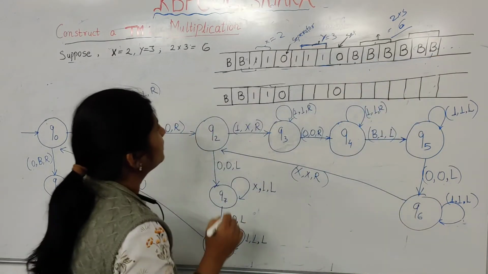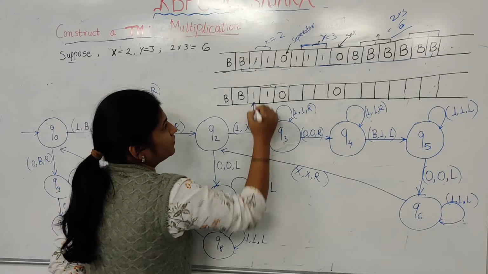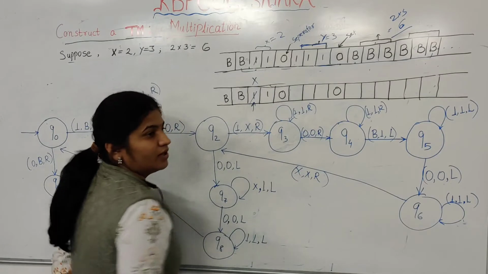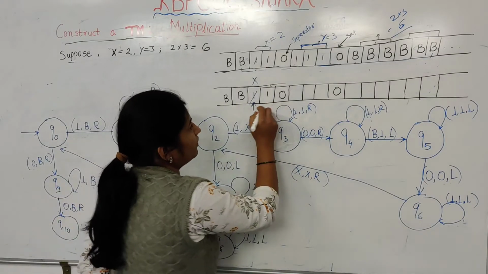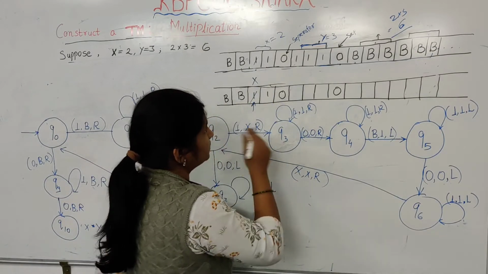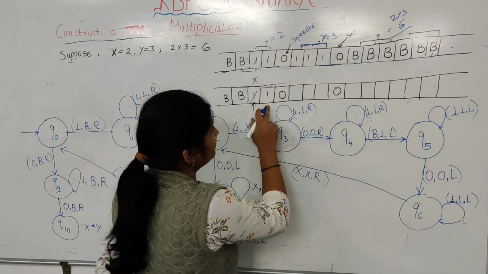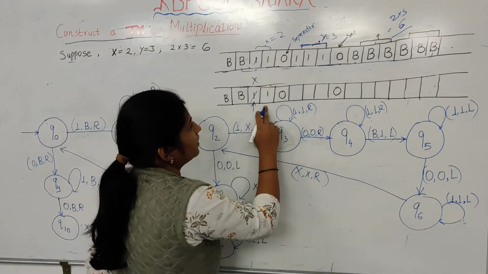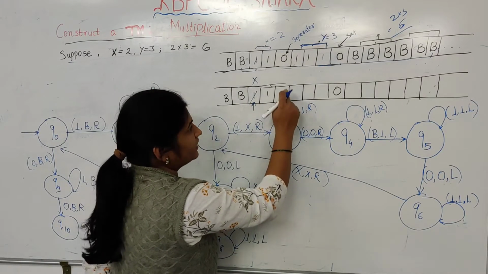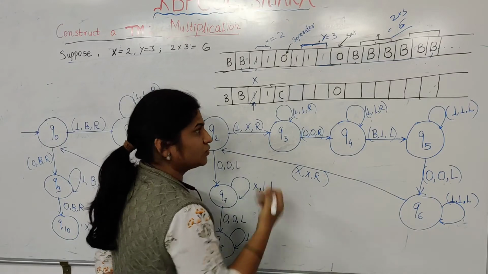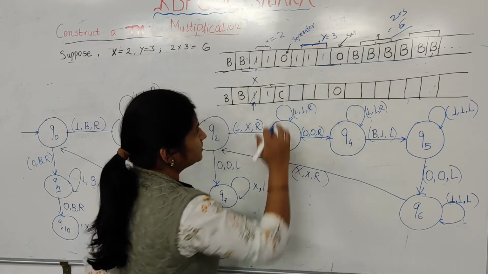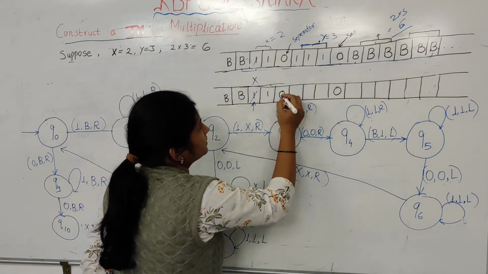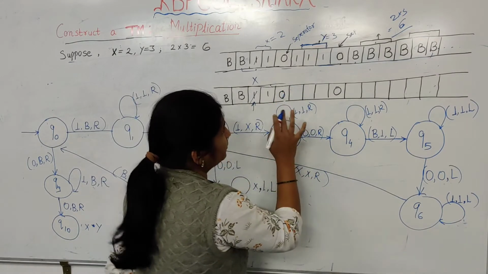How to do this? When we encounter the first 1, we convert this 1 into x. After this, whatever number of ones come, we just ignore them and do not change them. If we get the separator, you can write this separator as c also, no problem. You can write any symbol, just remember that it is the separator. You don't have to change it, you have to ignore it.